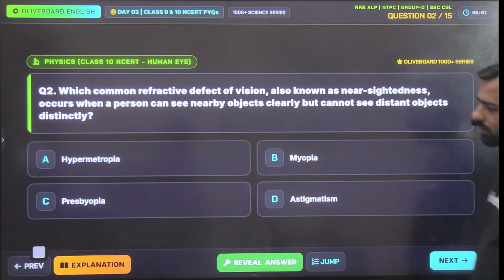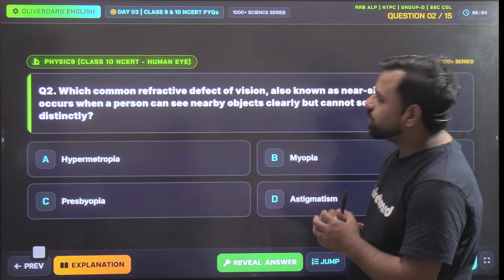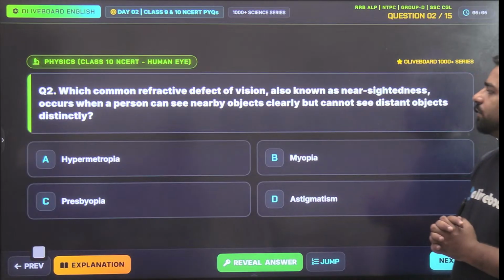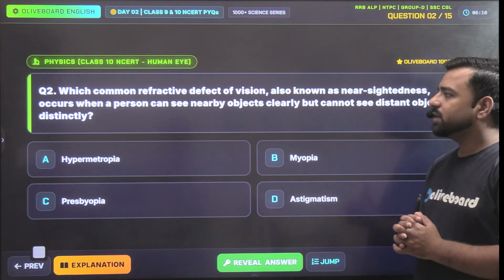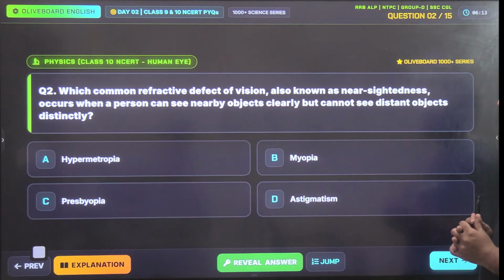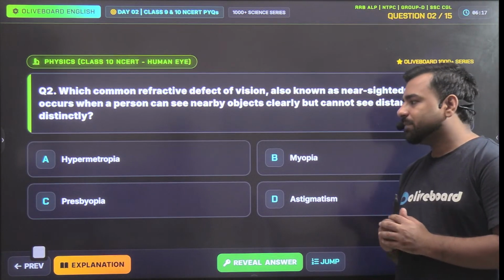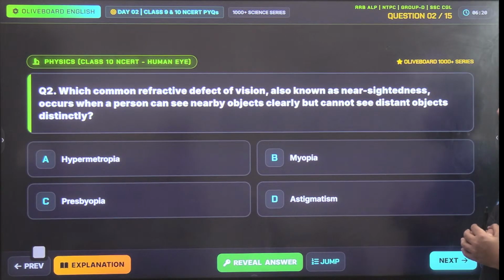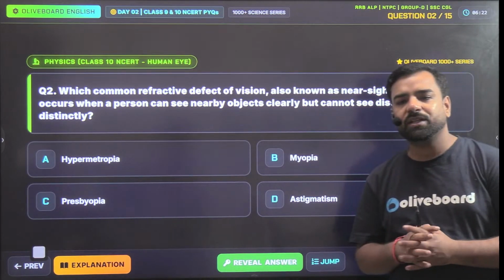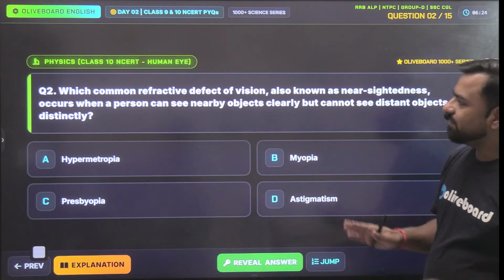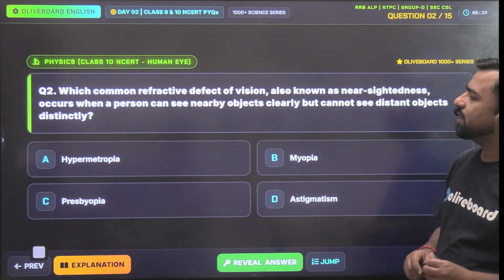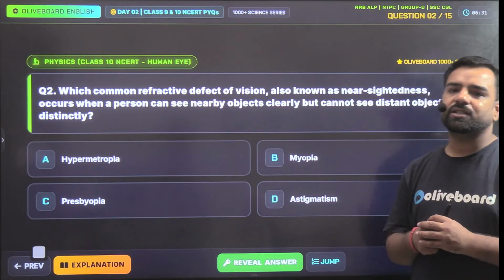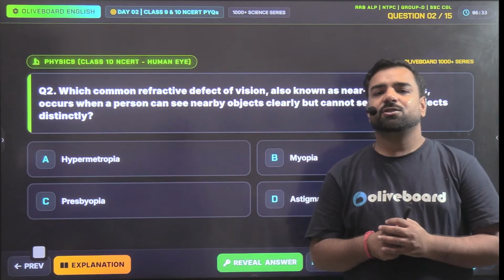Next. The next question is, which common refractive defect of vision is also known as nearsightedness, which occurs when a person can see nearby objects clearly but cannot see distant objects distinctly? Will it be hypermetropia, myopia, presbyopia or astigmatism? What should be the answer? When a person can see nearby objects clearly but cannot see the far objects, if he is able to see the nearby objects clearly, so the issue will be